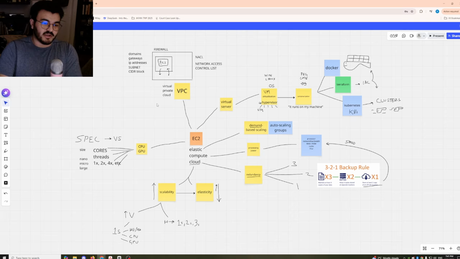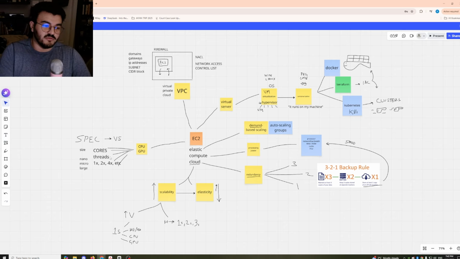So you kind of have the networking aspect, the security aspect, the virtualization, containerization, clusters, containers, auto scaling groups, elasticity, processing power, kind of like an on-prem lens, scalability, the ability to scale vertically or horizontally, and also elasticity, which is being able to scale up or down per user demand.